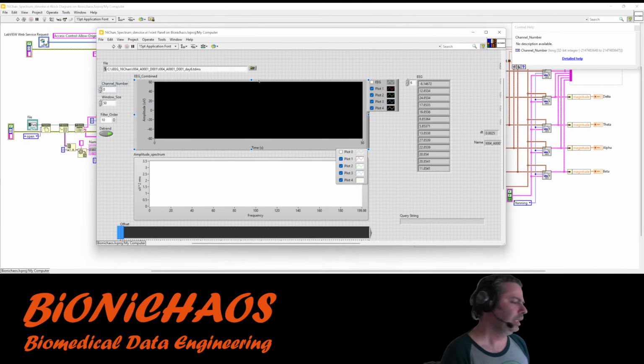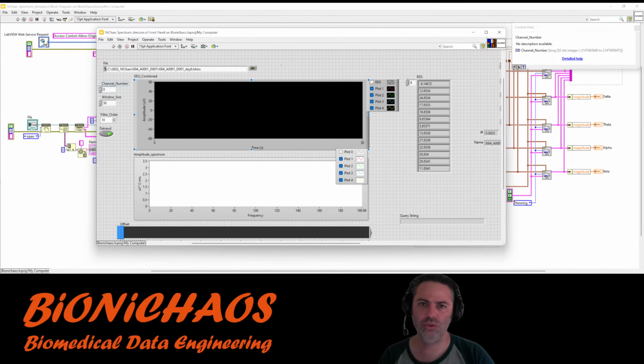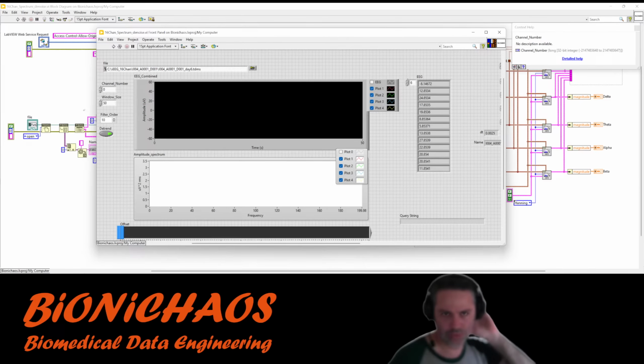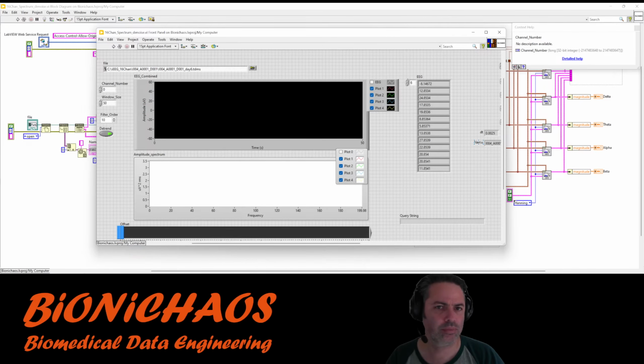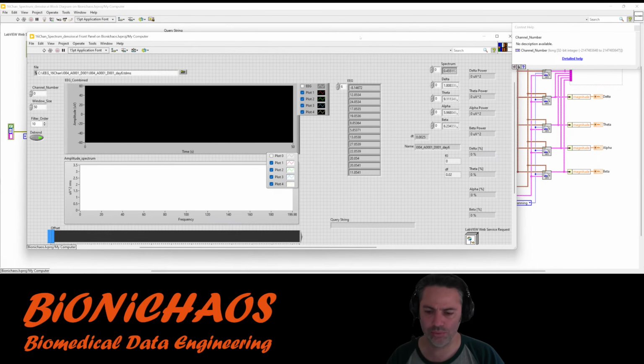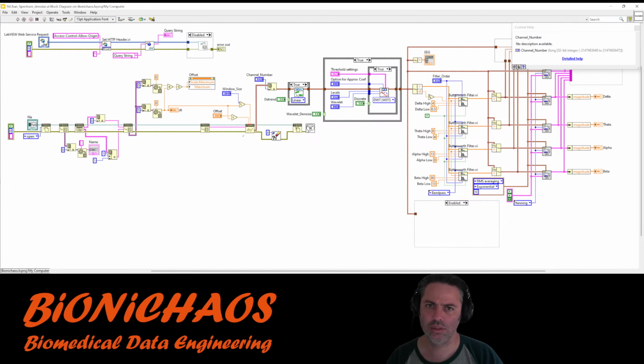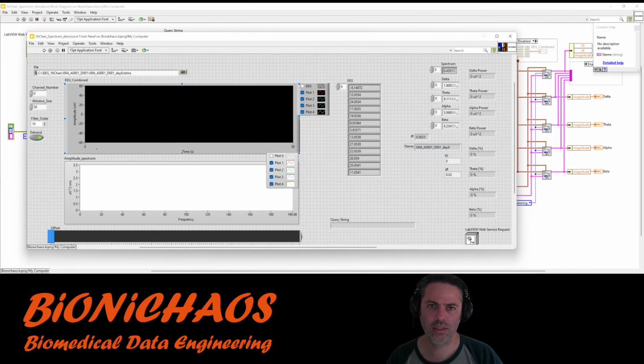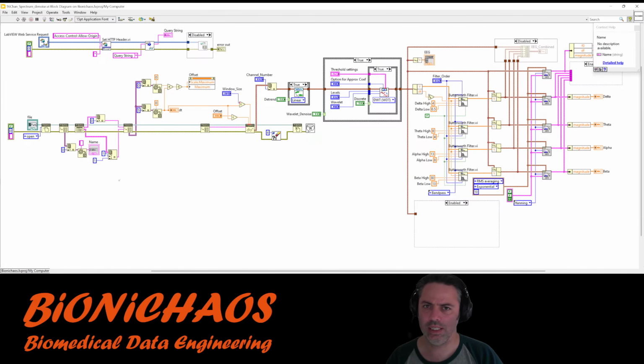So in the crosshairs, we need to select two channels out of the list to show the spectrum. Yellow just to overlay it for the two channels. Can save this for a second. And we don't use the name.